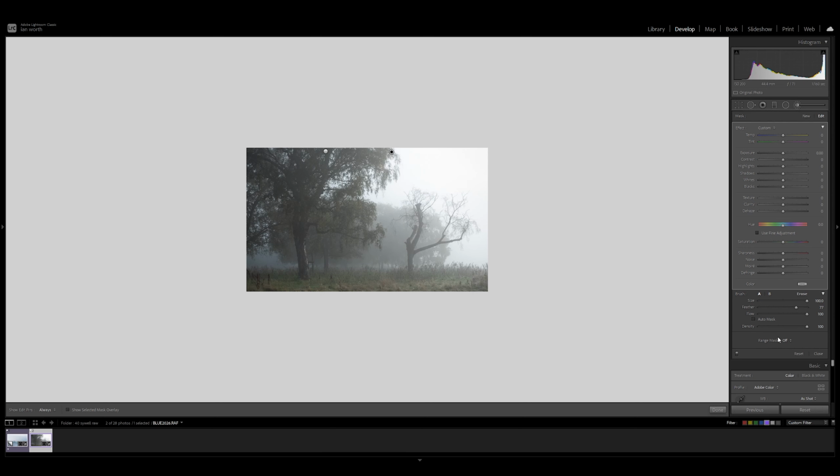If we come down to range mask, I'm going to click on luminance here, and then I'm going to go back to my other one and click on luminance again. So both of these have got a luminance mask attached to them now. Now, the one on the left is going to be our shadows, and the one on the right is going to be our highlights. So everything that we attach to the left-hand one is going to be the shadows, everything